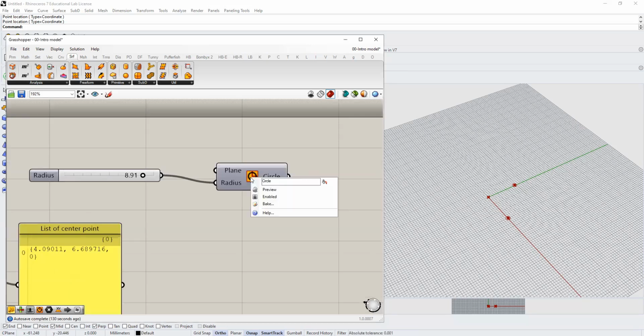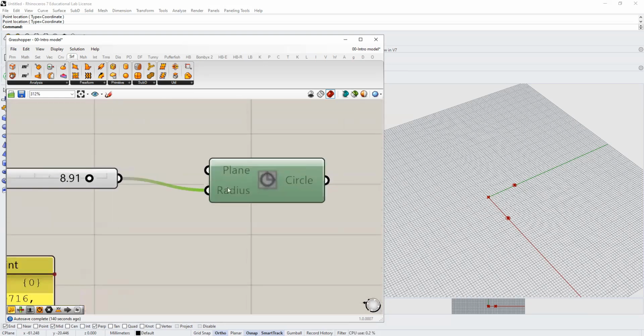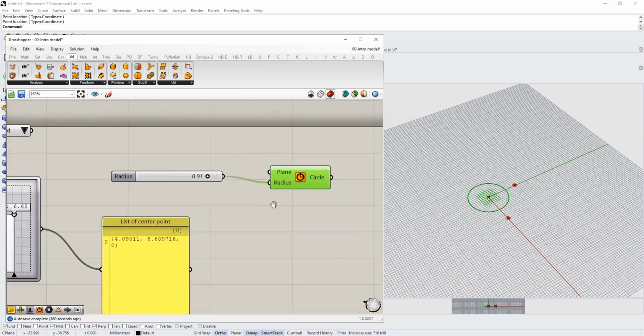Also, when you right click on the component and disable it, then the component will turn to a dull gray. And you see that even the text over it turns dull. Now let me just enable it and set the preview on. And then when you select a component and you're able to see the preview on the Rhino viewport, then the color of the component turns green. So this is the color coding for